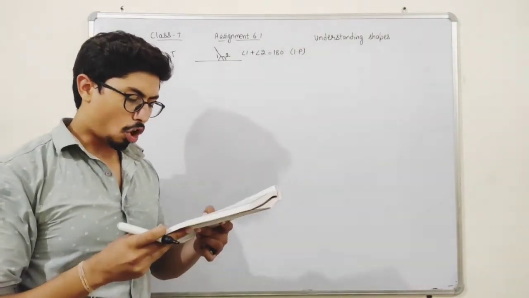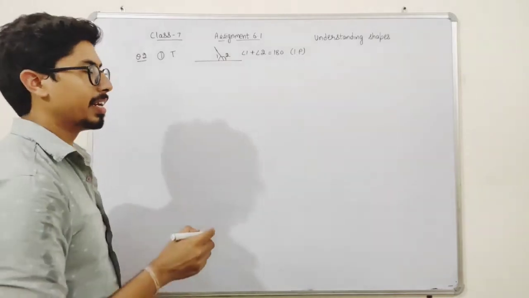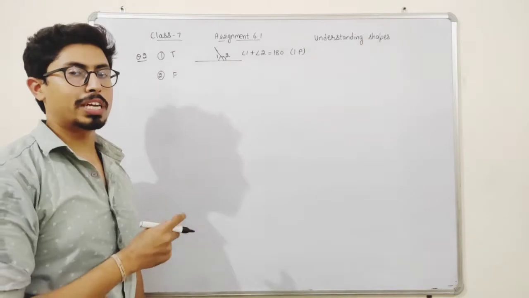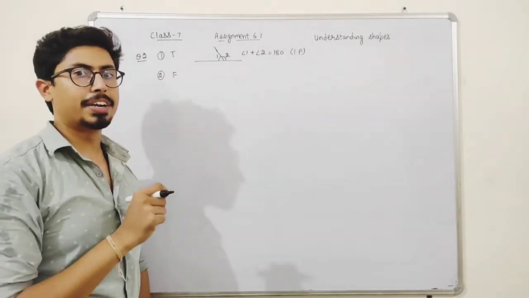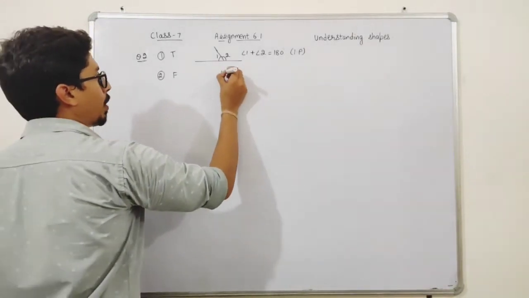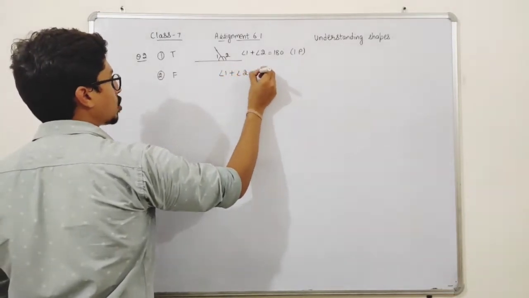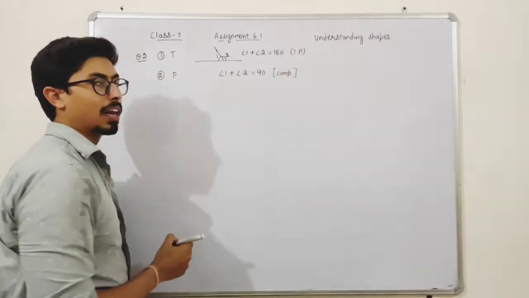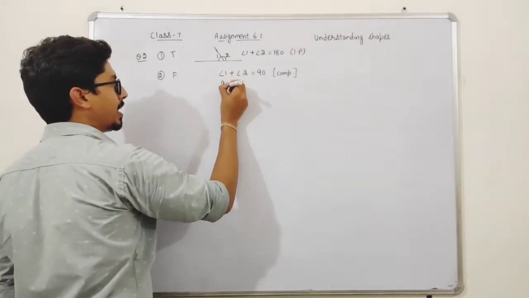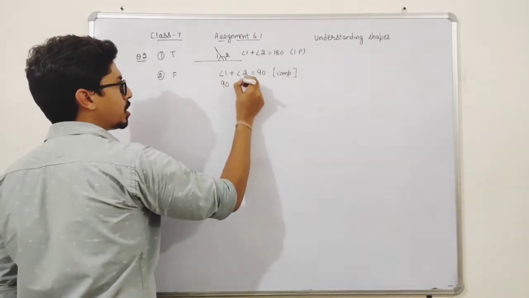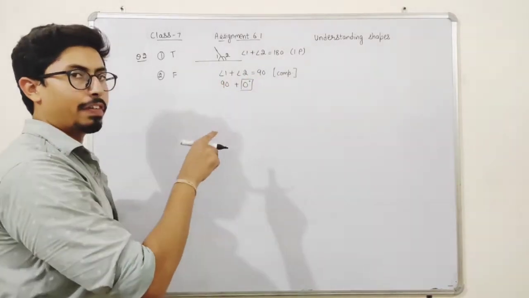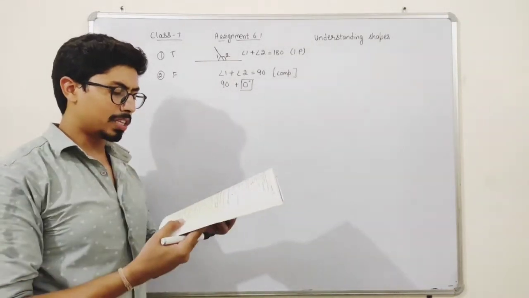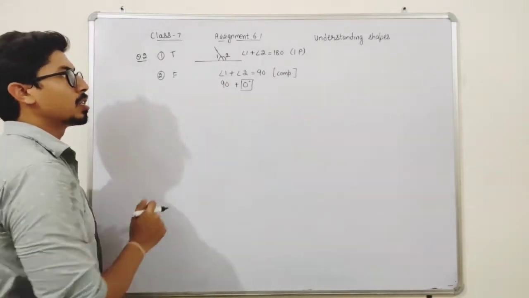Now students, the complement of 90 degree is 90 degree. Students, this is false because I already told you that the sum of two angles in complementary angles is 90 degree. Angle 1 plus angle 2 is equal to 90 degree when complementary angles are given. Now if one angle is 90 degree, then the other angle will be 0 degree. And it is given in the question that it is of 90 degree, so the statement is false.